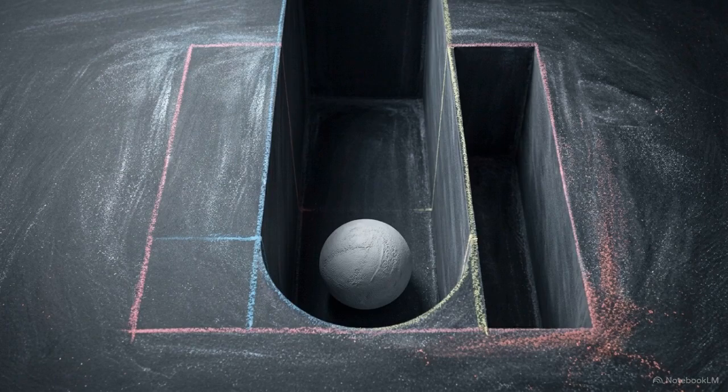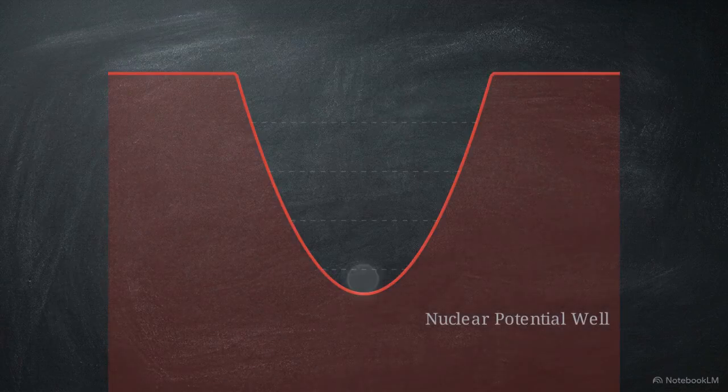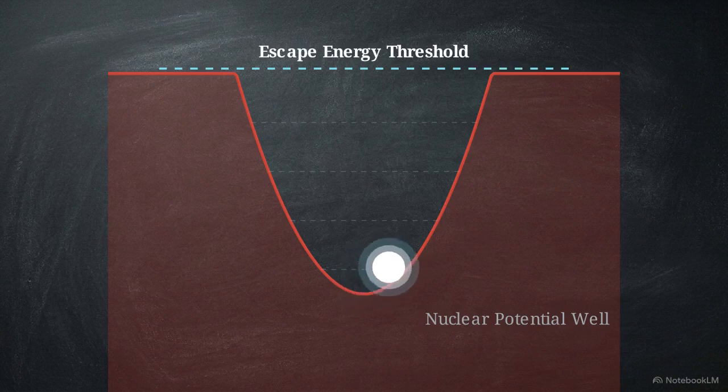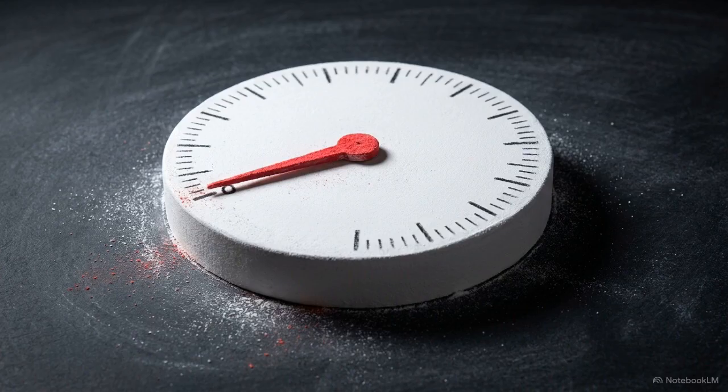Classical mechanics dictates that this exact event is strictly impossible. Every particle inside the nucleus is confined by an immense boundary. To break free, a particle needs a specific minimum amount of escape energy. We can measure the actual kinetic energy of the alpha particle trapped inside.